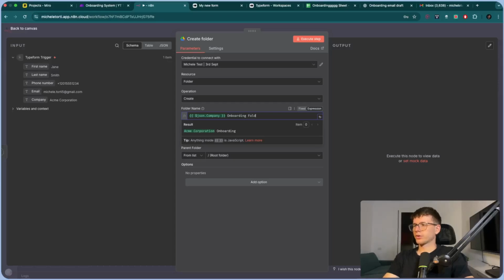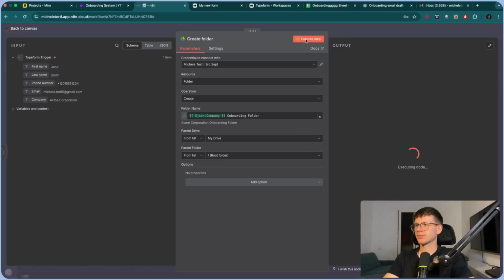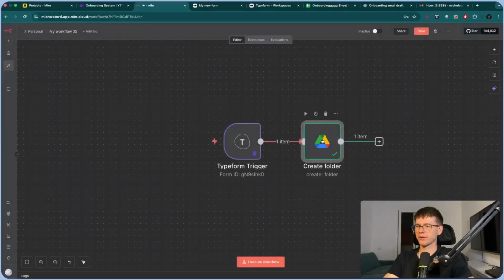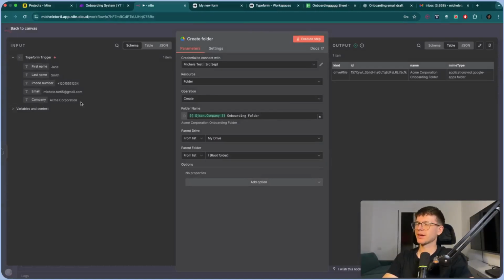Let's name this onboarding folder. My drive, root folder, that's fine. Now what I'm going to do is press execute step and it will run this even though we didn't have to fill out the form again, right? Because this data is pinned. So it's just there. Okay, so now we have the ID and this will be a bit different actually